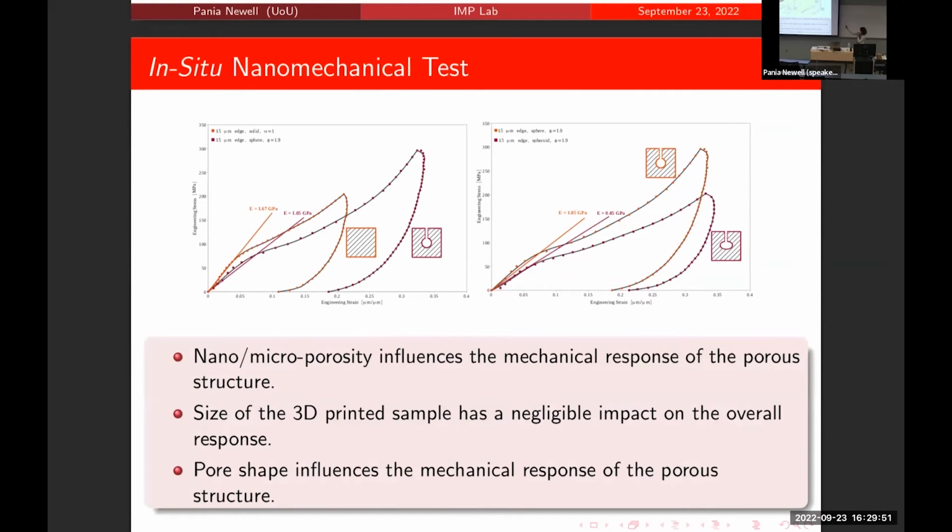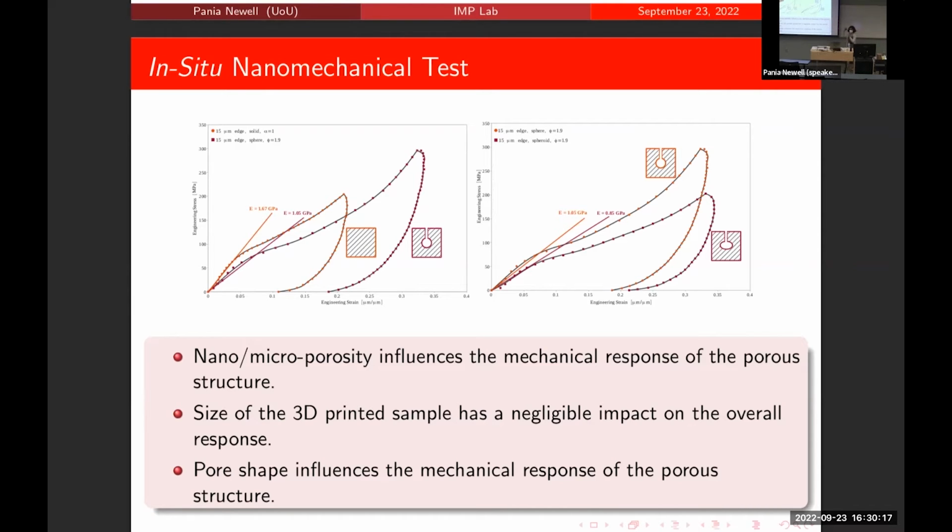So these figures, basically, the first one is a zoom in, so you can see how the modulus is changing. And this one highlights the role of the pore morphology. We have the same porosity in both cases, but obviously the shape of one of them is a circular pore through this tube, and the other one is an oval shaped pore. And there is a change in the Young's modulus.